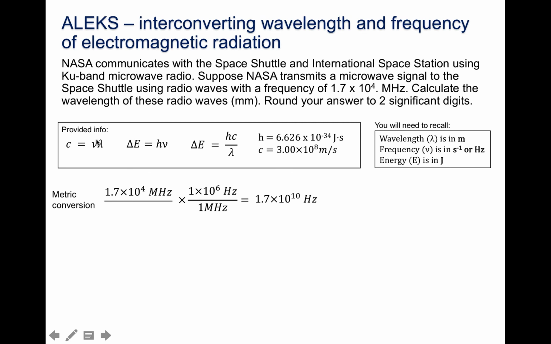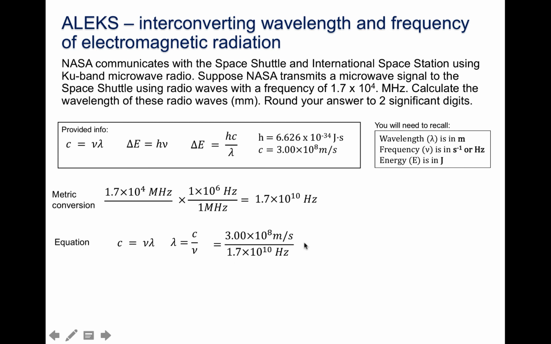Now we can apply these wave equations to calculate the wavelength. And so you're going to have to be responsible for choosing the correct equation. You have frequency, you want wavelength, so you need to find the equation that relates those two. And that would be the speed of light equation. And so you have c is equal to frequency times wavelength. Again, I recommend that you rearrange the equation first to solve for the variable you're looking for. In this case, we want wavelength, so I will rearrange the equation to solve for lambda. Lambda is equal to c over v,